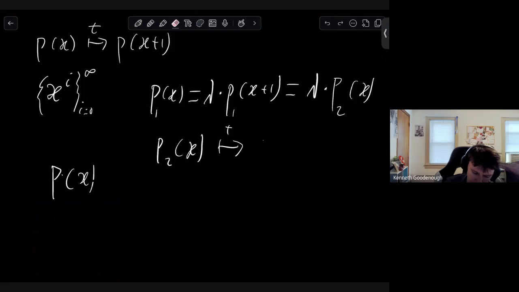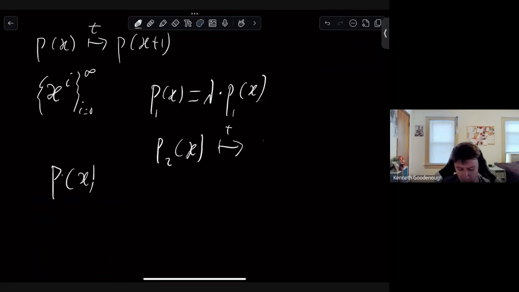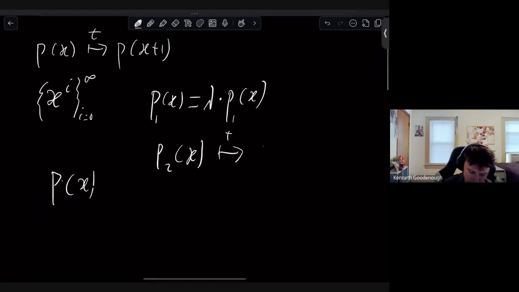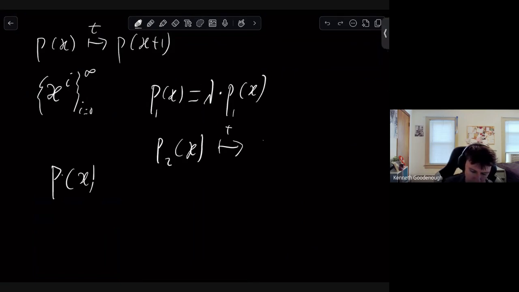Oh, my bad. I'm making a mistake here. There shouldn't be a +1 here. What we want to have is that this is really equal to px. Okay, now we're good. This makes more sense. Right, this is very silly. Every time we apply the T operator to an eigenvector, we just scale it